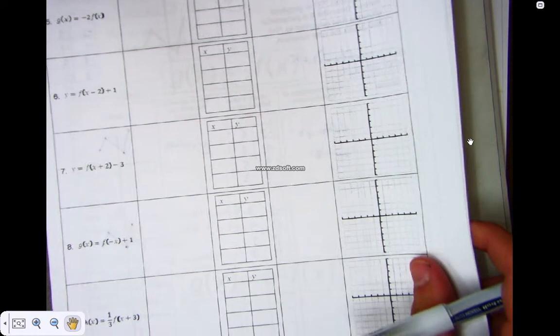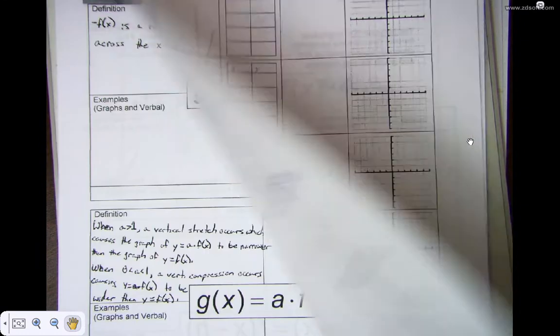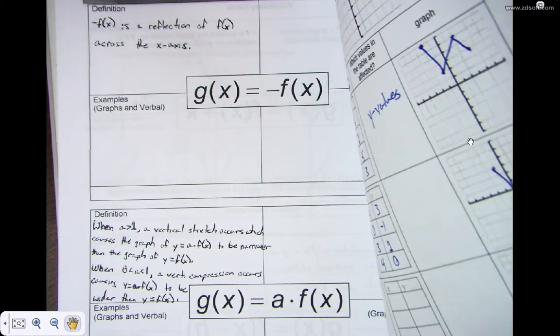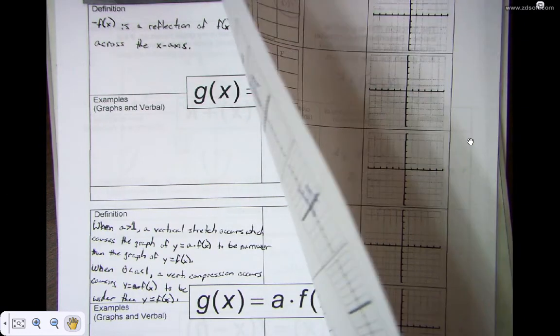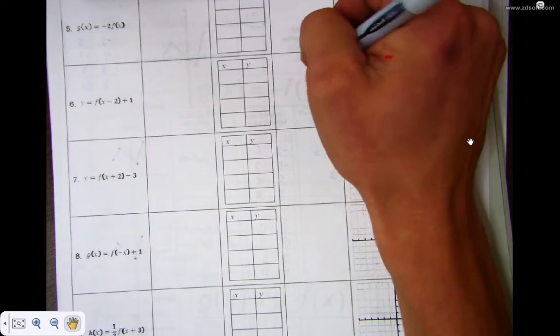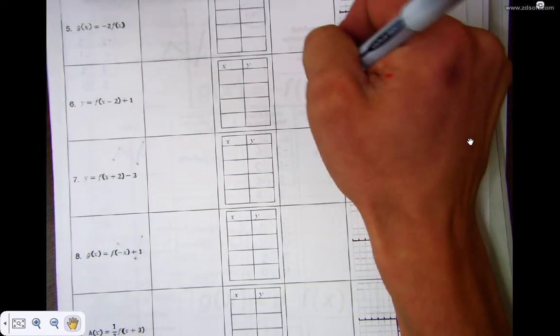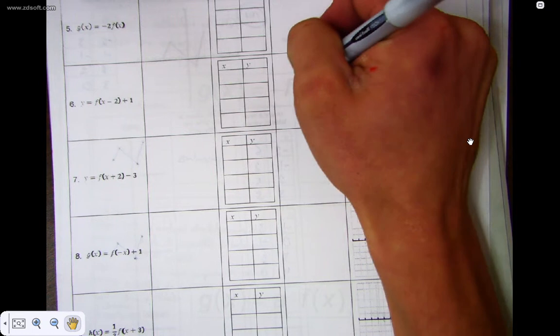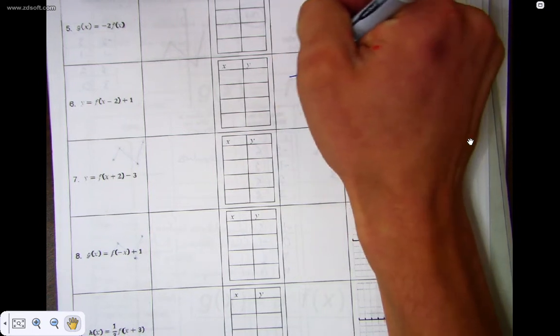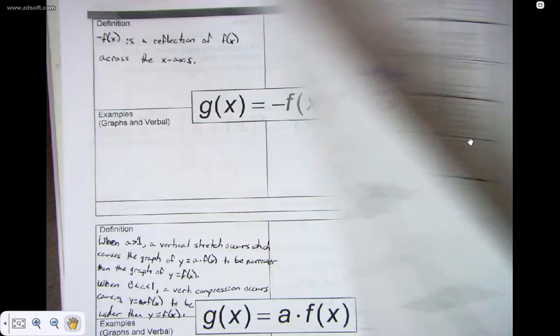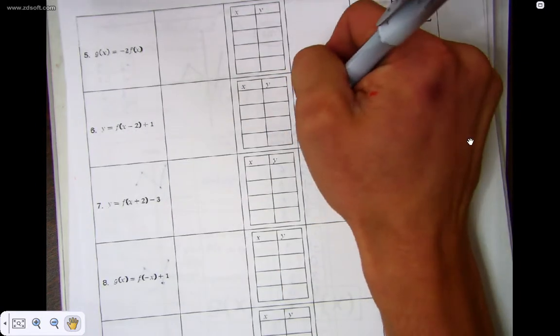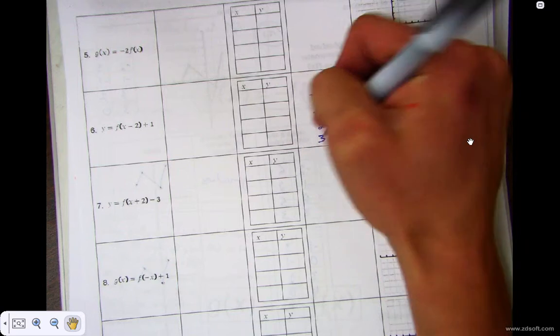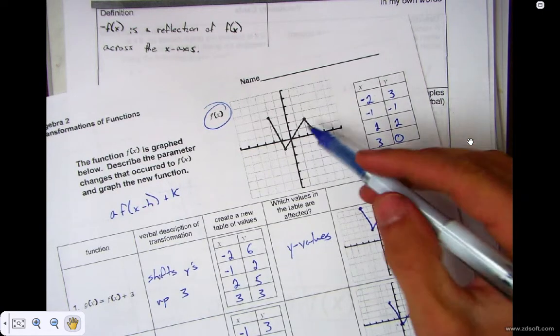I'm going to take that table real quick from this side. Let's see, it was 3, -1, 2, 0, and then it was -2, -1, and this is, that table is from this right here. That's the original f of x graph. So now this is saying